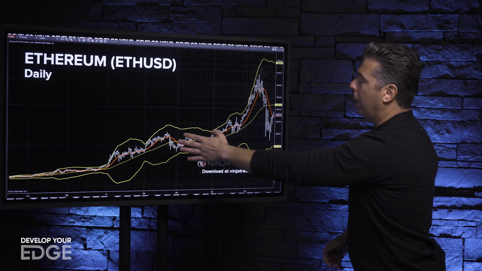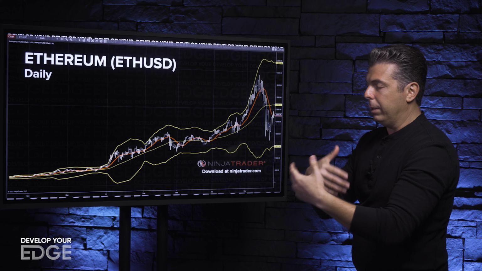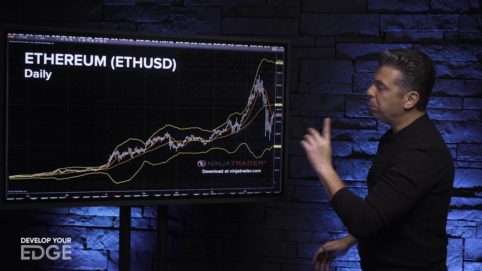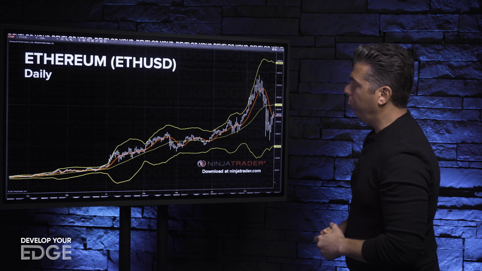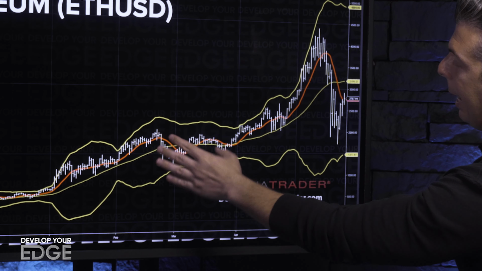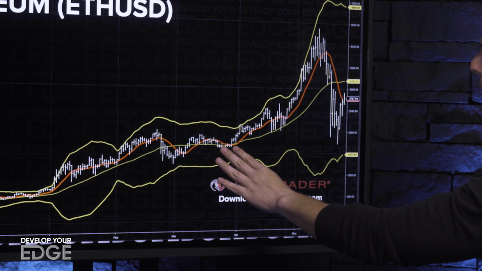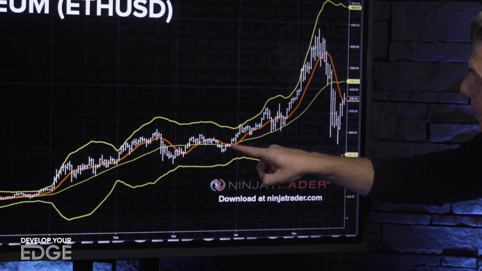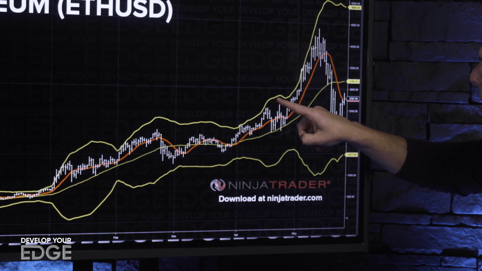Going back months, we all know I've talked about how I thought Ethereum was setting up. There were a lot of reasons beyond technical as well, but when we looked at the charts, it was pretty similar to what I'm seeing in crude oil right now. And I like these types of setups where we make a high like we saw here, revert back in, chop around the moving averages. This looks very similar to me to the crude oil setup. Then we start to get back above these moving averages,